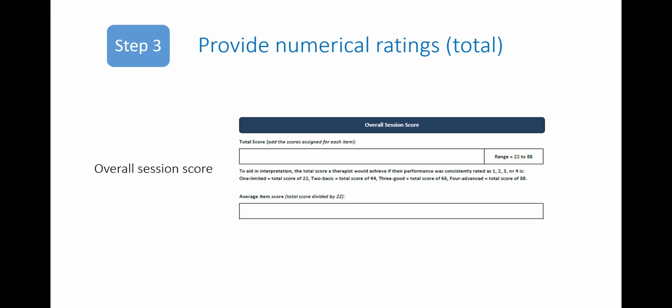Now you've provided a numerical rating for each item, you can provide the total score. So there are 2 different ways that you can do this. You can either add all of the item scores together and you get an overall total score. To help with interpretation, we've provided the